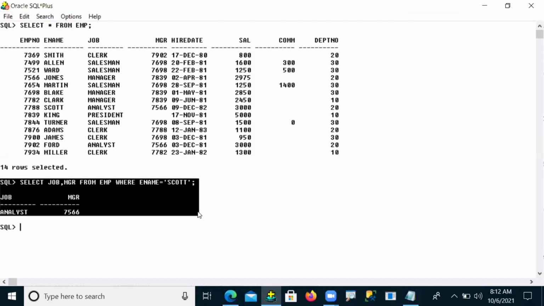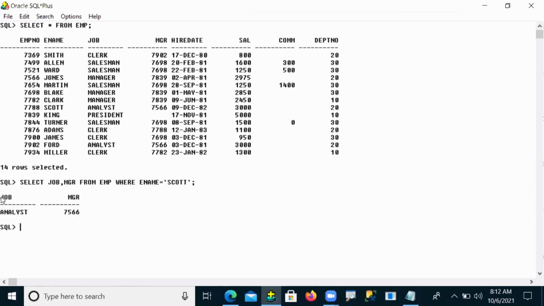How many columns? Two columns here. So multiple columns are written, right? Now in the output you can easily understand. How many columns here? The Job column is one column. Analyst and MGR is another column. So multiple column values are written by the inner query. So these are the multiple column values of the inner query,